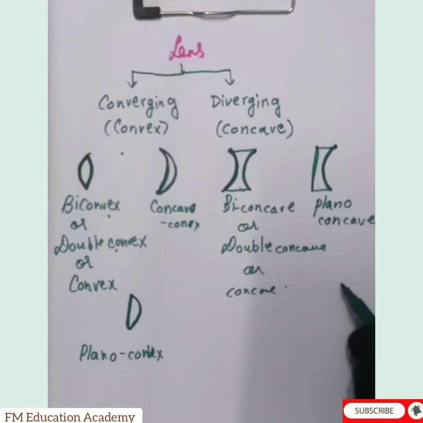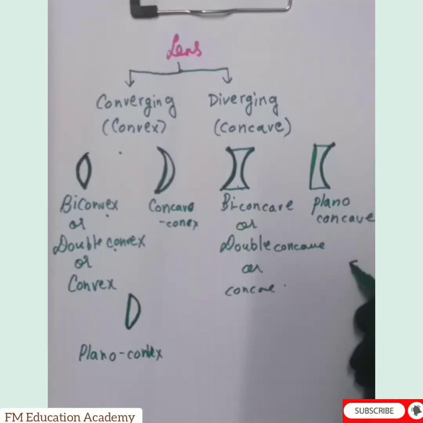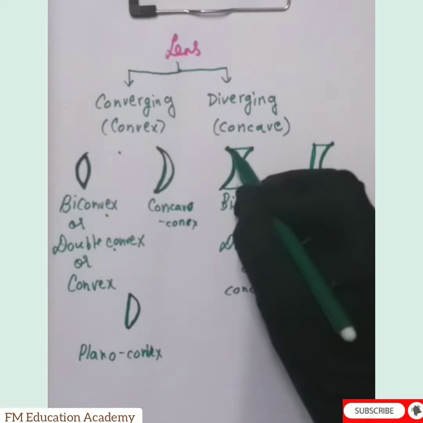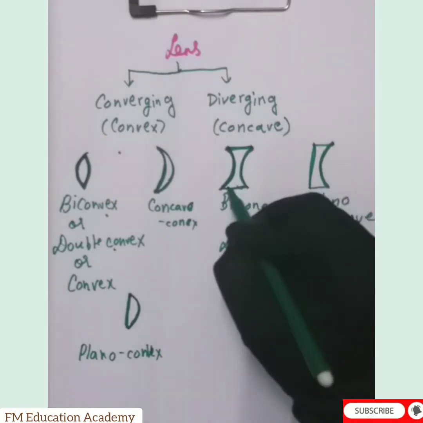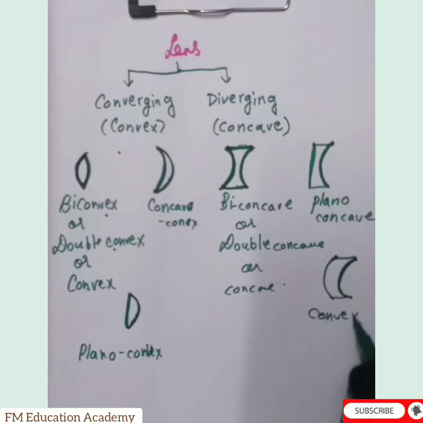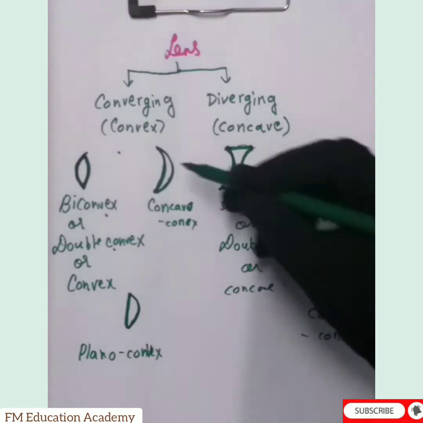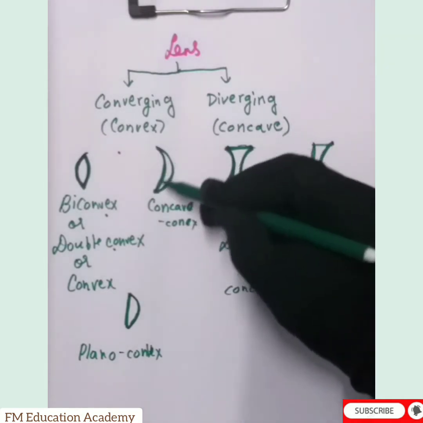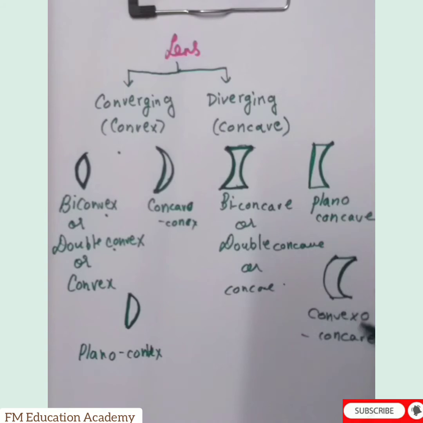Now my third type of lens is one where both the shapes are curved, but as we are choosing this side to be curved, this side will be curved, and then we know that the upward and downward portion will be horizontal like this, and similarly this will also be curved. This shape is called a convexo-concave lens. Don't get confused between these two shapes. This is concavo-convex because it is bulging outwards. This is convexo-concave because it is bulging inwards.